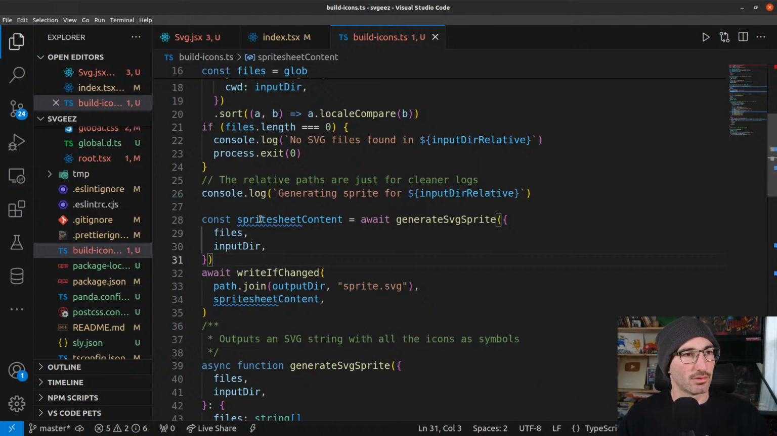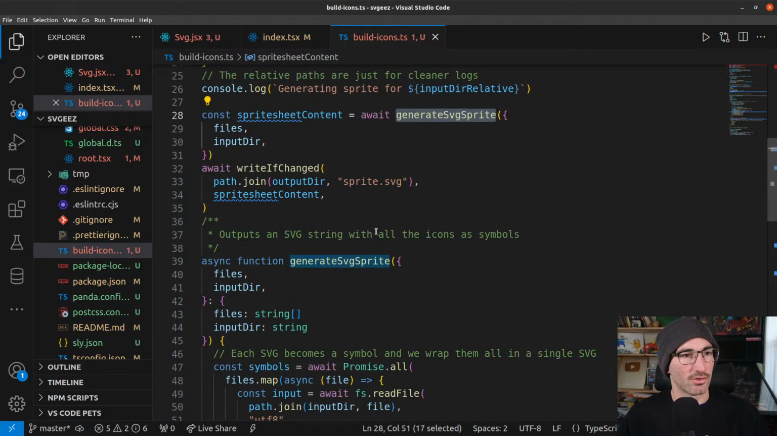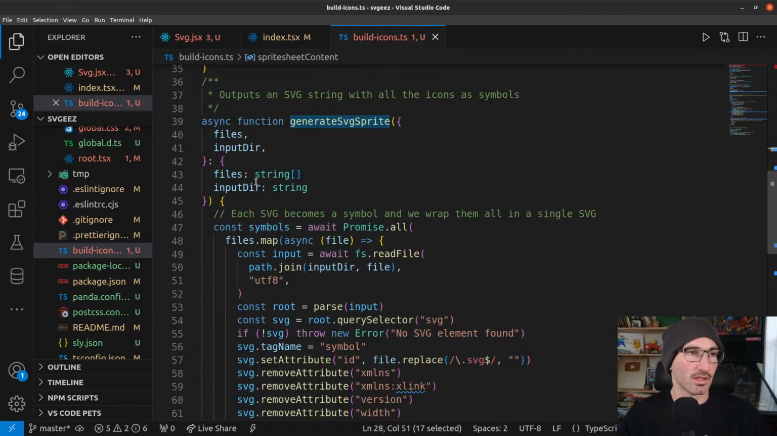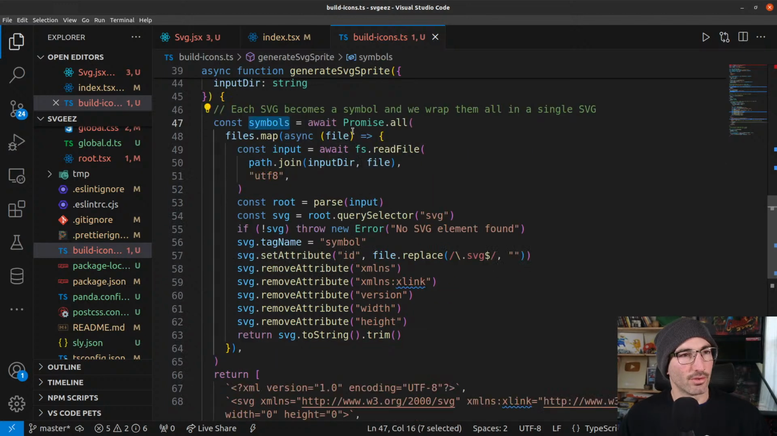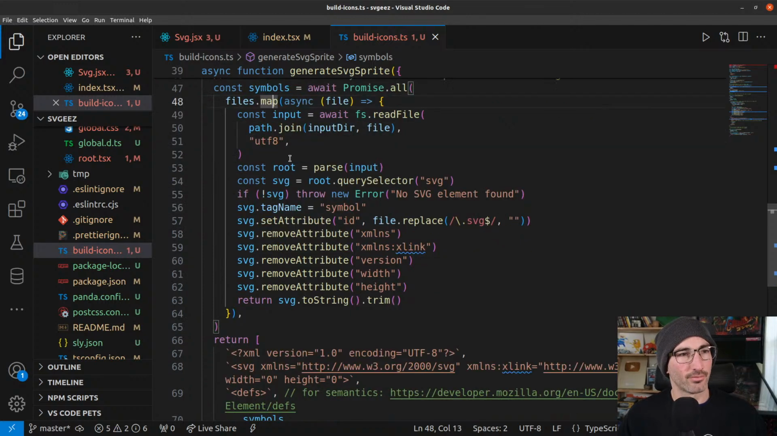It's going to sprite sheet content. Take the files that we have and the input directory and generate SVG sprites, which is going to take all that stuff. It's going to create the symbols from all of these promises, which takes all of the files, maps over all of the files in that directory, reads the file,